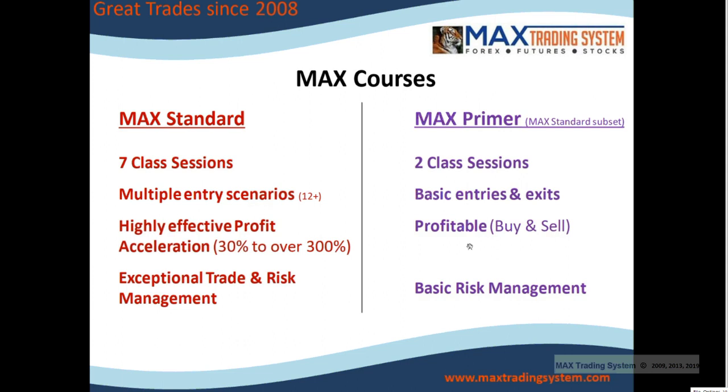The risk management side of things is basic, but it's really grounded and solid. There's no problems with it, and it's probably better than a lot of things that you may have seen already. Okay, and